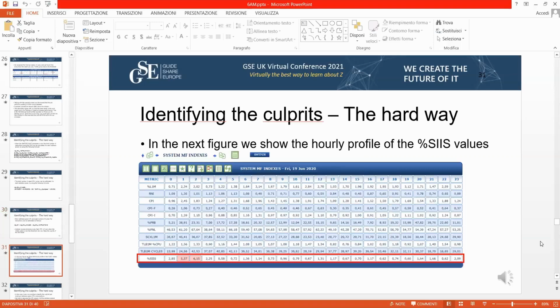So again, a real example. This is another situation, another customer, and we see that in the morning at 1 and 2 there was a situation where the counters were worth some effort in order to understand what was happening.